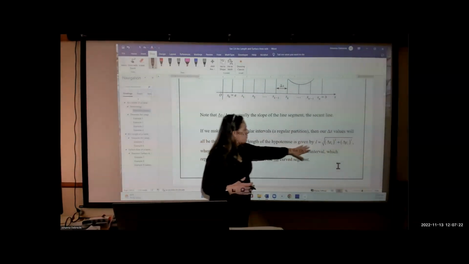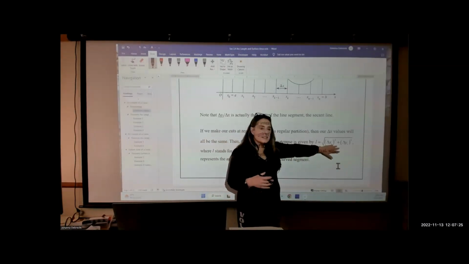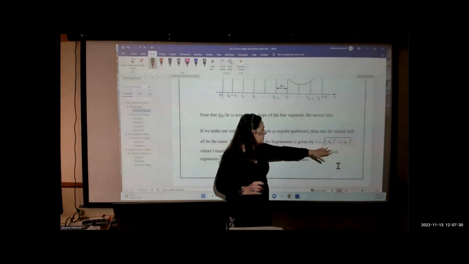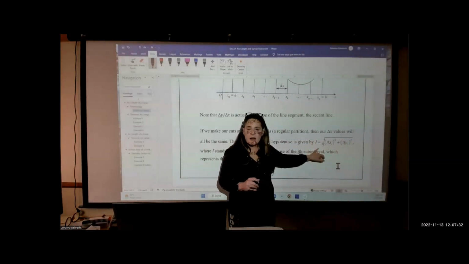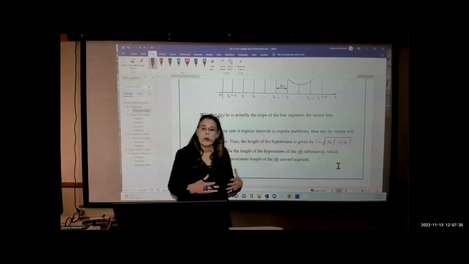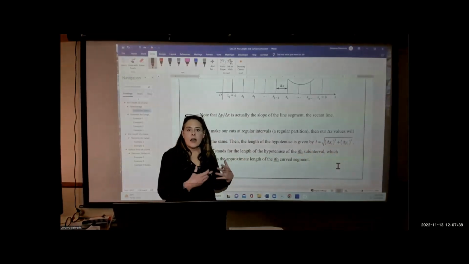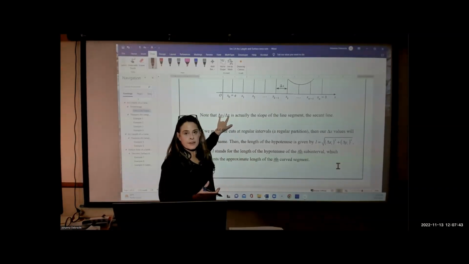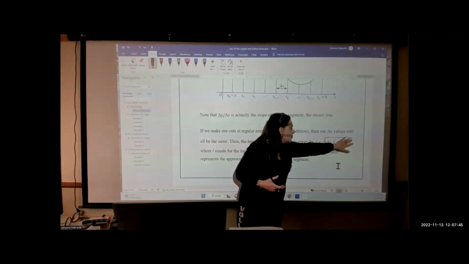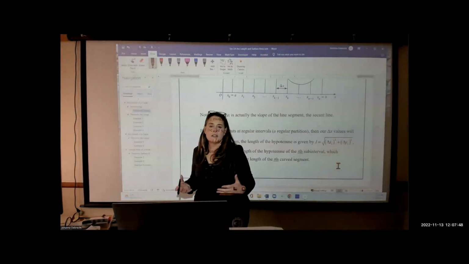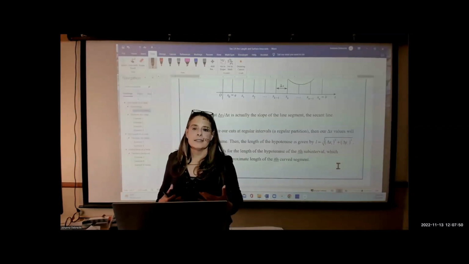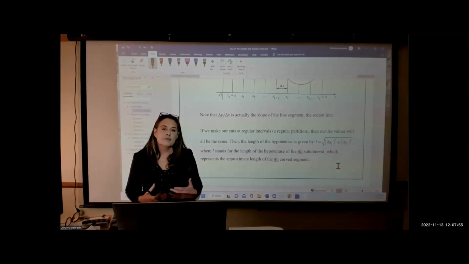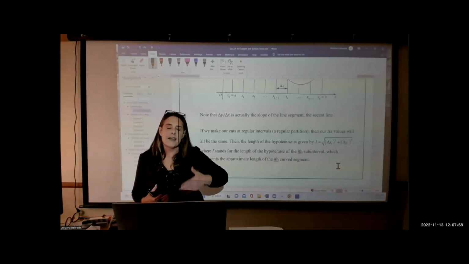Right now, our formula for the hypotenuse is the square root of delta x sub i squared plus delta y sub i squared. It's just the Pythagorean theorem. And that gives us lowercase l, which is the length of the hypotenuse of the right triangle on the ith subinterval. We want to get delta y sub i divided by delta x into this equation because, of course, delta y sub i divided by delta x is a secant line. And with the mean value theorem, I can show that it's equivalent to the derivative at some value c in